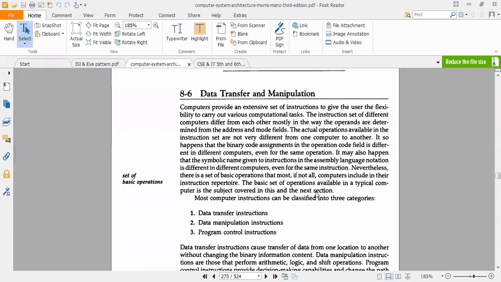Program control instructions are most important because once program execution starts, it is executed line by line. But sometimes, listen clearly everyone, it may happen that you have to jump an instruction, or you have to call some subroutine. That means you have to move to some other memory location, maybe jump to another program from the main program. That is called a subroutine call. So these are basically program control instructions.